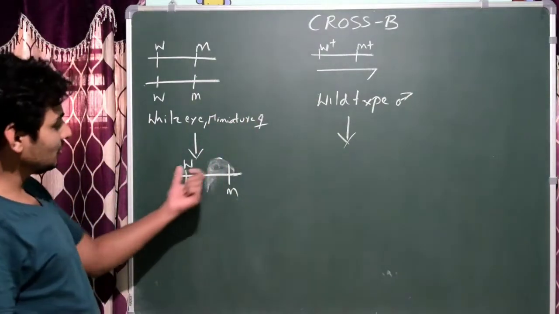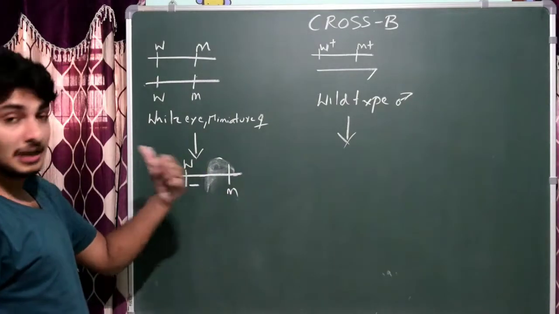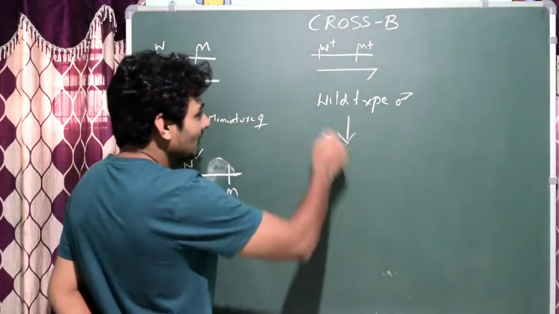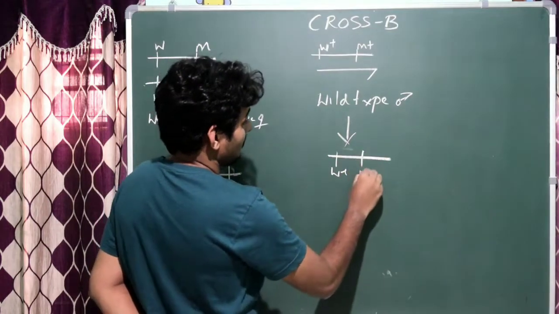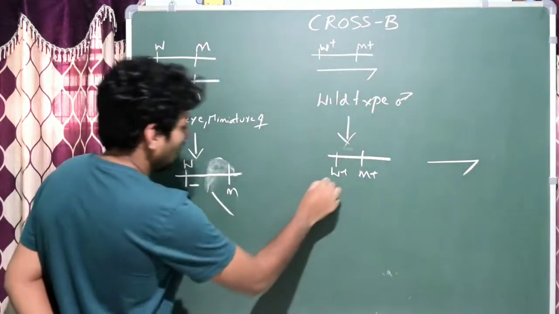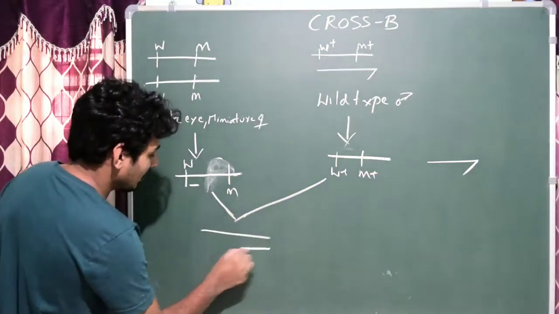That's it. So as a result, you could get W and M plus, or M and W plus. A bit confusing, but that's easy. In this case, obviously heterogamety is there. Okay, so another one is this: the offspring, the sexes will differ, but they will exhibit the parental type.